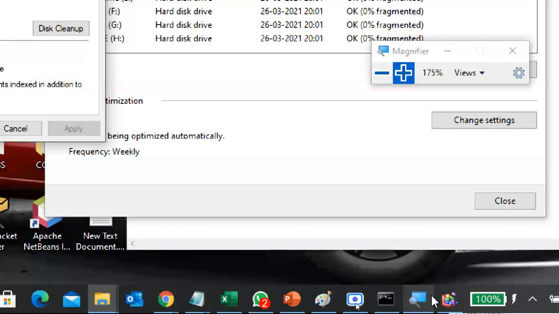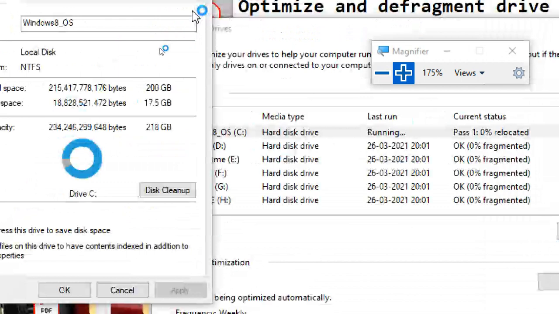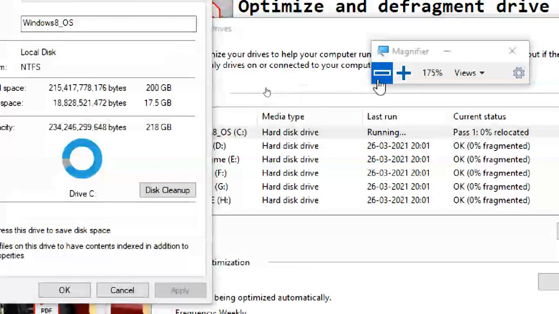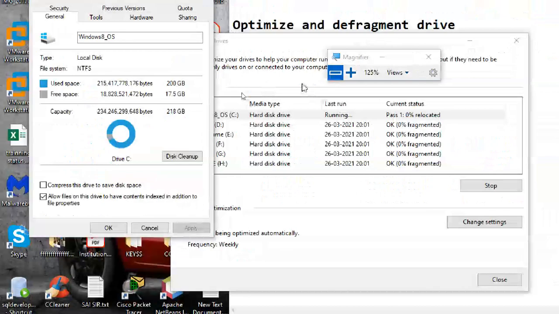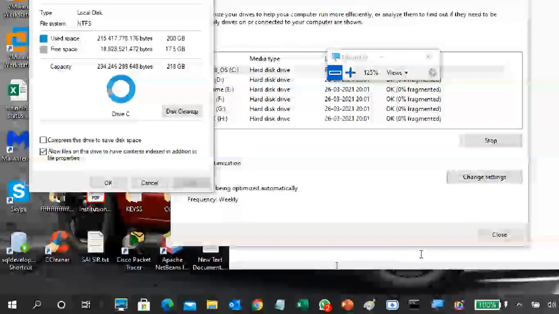One more point is there. Check your task manager.